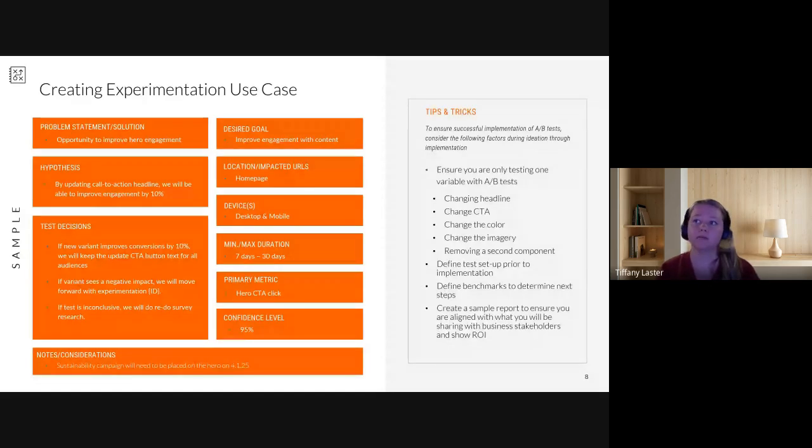We have our problem statement, so our opportunity is to improve hero engagement. Maybe we're not seeing the interactions we want to see from our users when they first land on our homepage. We provide a hypothesis, so you really want to show that you have the right ideas about how to improve your design, and you're proving that through the experimentation. So coming up with a hypothesis statement is going to be a part of your experimentation card. So I said, by updating the call to action headline, we will be able to improve engagement by 10%. So I'm making it very clear that I just don't think our call to action headline is as engaging as we would like, and that is going to be the variable that needs to be updated to improve that engagement